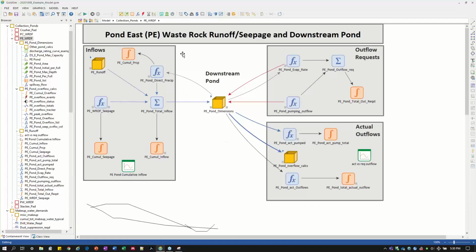And there's a series of inflows that are all located on the left. And those inflows include the direct precipitation. So the ambient precip that's falling directly into this pond that I've doodled down below. There's also the runoff from the waste rock and also from native areas. We actually, for this model, split out native versus waste rock versus reclaimed waste rock,